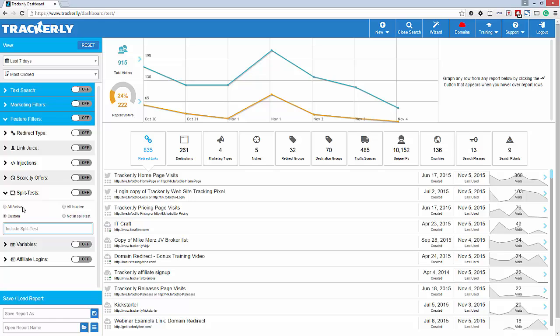Split tests. Split tests are when you take a redirect link and you split it between multiple destinations. So it randomly will go to multiple destinations and be evenly distributed between them, or it will go through a sequence of destinations. So every time you click it, you go to a different destination, stuff like that. So same sort of thing. You can say, show me all the ones that are in an active split test, all the ones that are inactive. So they're in a split test, but the split test is turned off. All that are in a custom one by typing in a reference name,